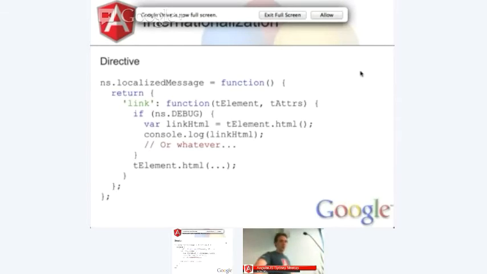So this is how we used the debug flag to hook a little logging thing into there. There's some other stuff that happens in there, but that's just an example of how you use it. The additional thing we do is when we're sending the messages back down to the client, we just send the original HTML, and then Angular swaps out the messages for us. So if you go into our Russian interface, you don't really notice the difference.